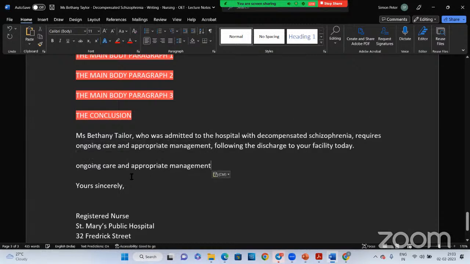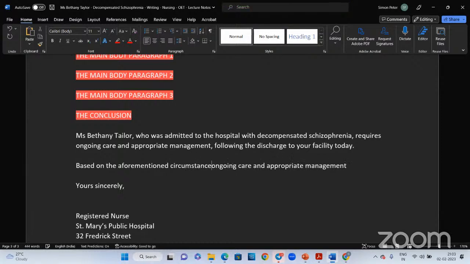Now, based on the aforementioned circumstances, ongoing care and appropriate management. We already wrote that. So here, continuation. Regular supervision, regular observation or supervision,